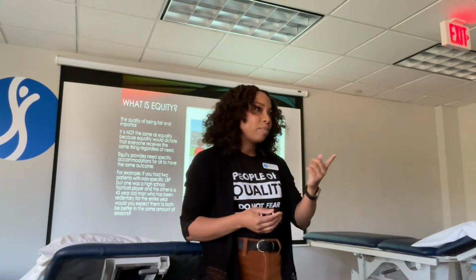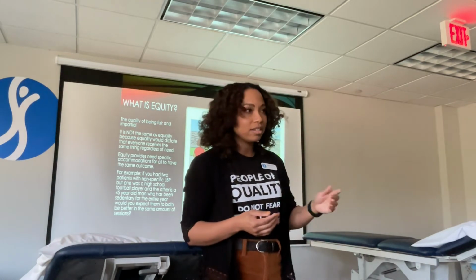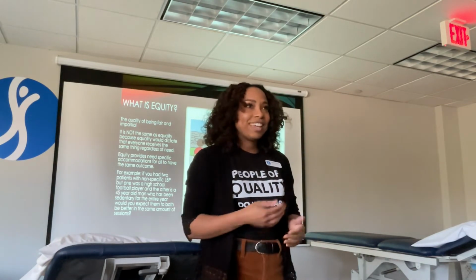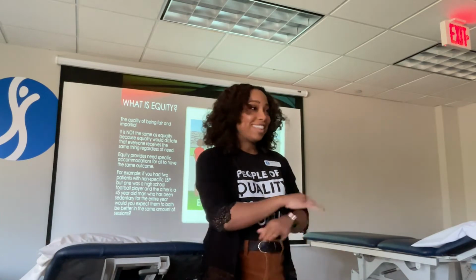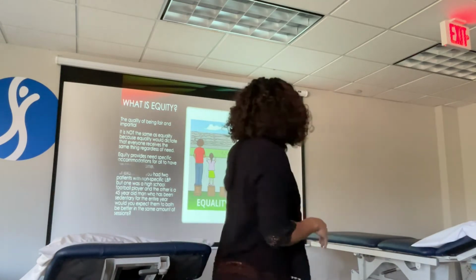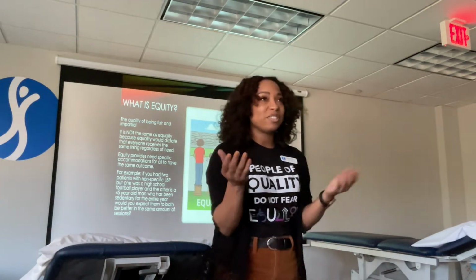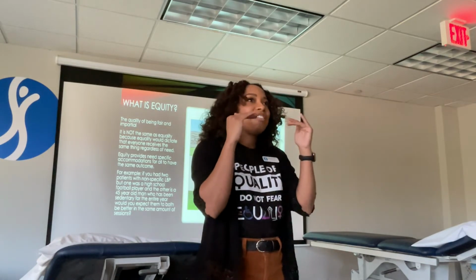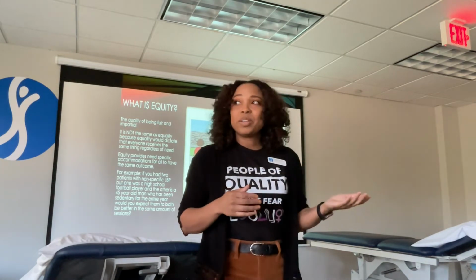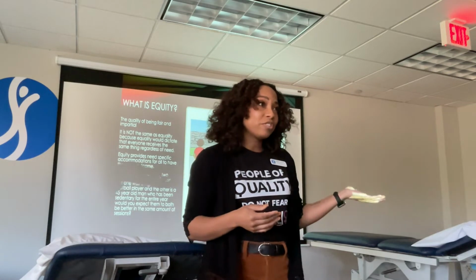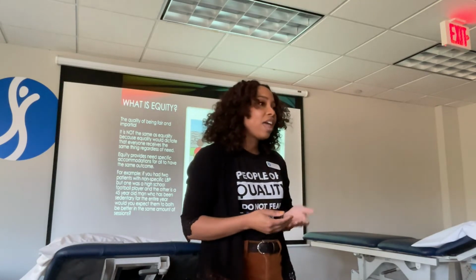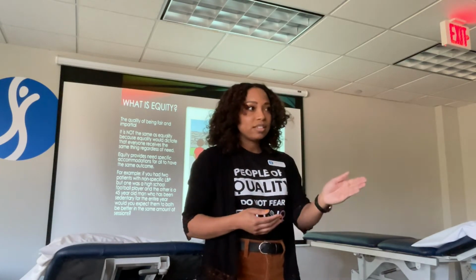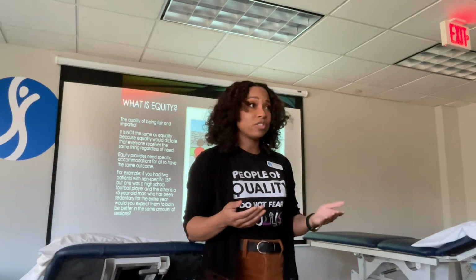So I love this graphic because you see these 3 individuals, and on the left side of that image, they all get the same thing. They each get a box, and they are equal in that sense, right? So they each have that box there. The taller individual, he didn't really need it in the first place. The shorter individual, she can see, but she's kind of having to tiptoe a little bit. And then the individual in a wheelchair, they have the box, same as the other 2, but what are they going to do with it? Equity would dictate, I see these people as individuals and I adjust what their needs are. We do it with our patients all the time.